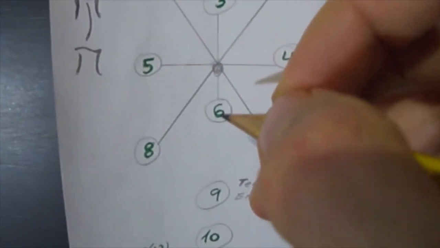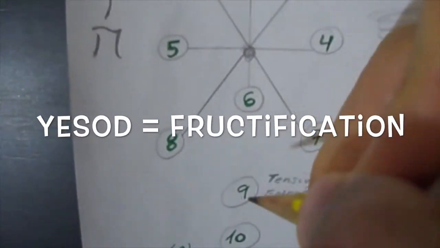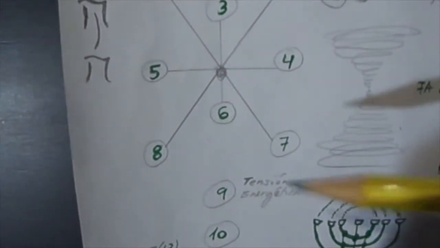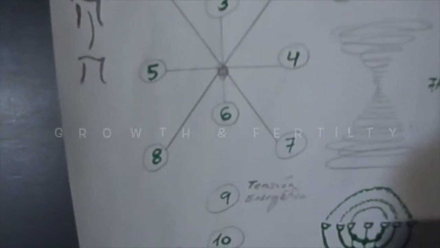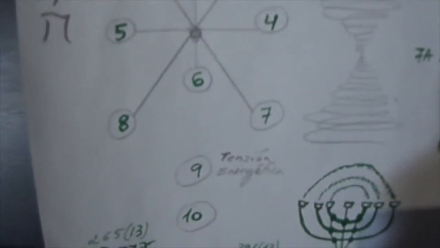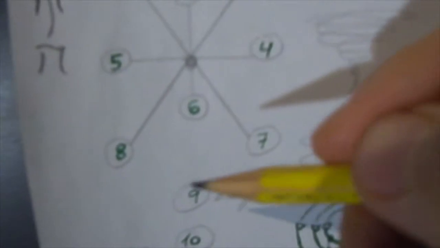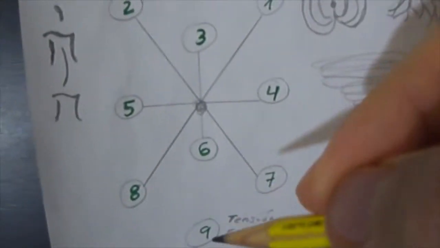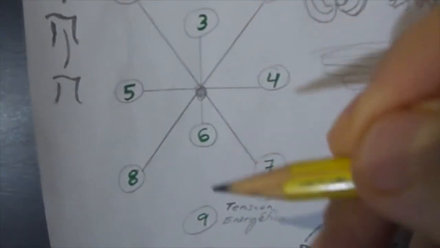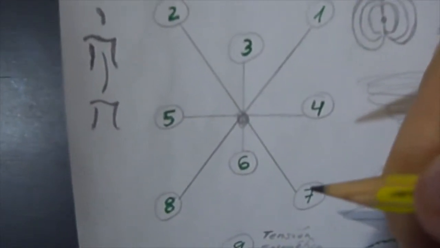3 plus 6, 9. That's the sphere of Yesod, the sphere of fructification, growth, which is actually the accumulation of creative energy, life, love, and it must flow with this symmetry, otherwise it becomes the energy of the serpent, very destructive. This flow with the middle column, 369, is what helps us find success as well, that we see in